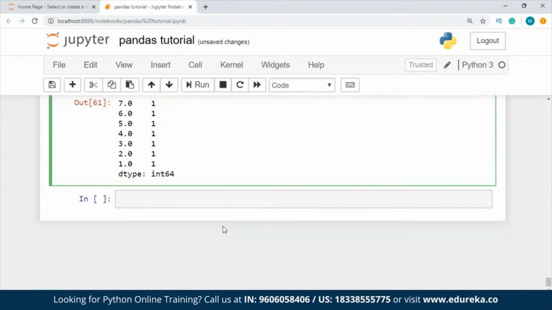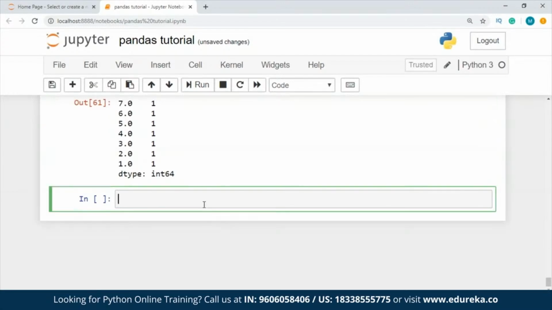Now I'm going to talk about the string methods. So a series actually is equipped with string processing methods in the str attribute that actually makes it easy to operate on each element of the array. So let's just move ahead with the example. So I'll make a series, guys, pd.Series, and inside this I'm going to pass a few string values. So I'm going to start with Edureka, write Python next. Let's write Jupyter, give it a few null values as well